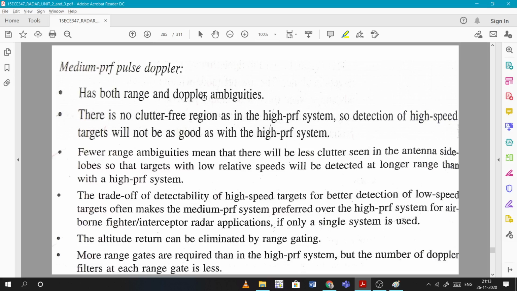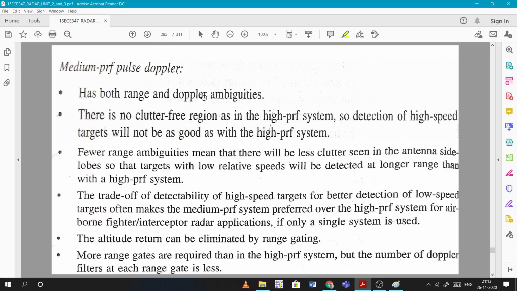So basically, a higher PRF can't detect a medium speed target, right? But this medium PRF pulse Doppler can detect it. The trade-off of detectability of high-speed targets for better detection of low-speed targets often makes the medium PRF system preferred over the high PRF system for airborne